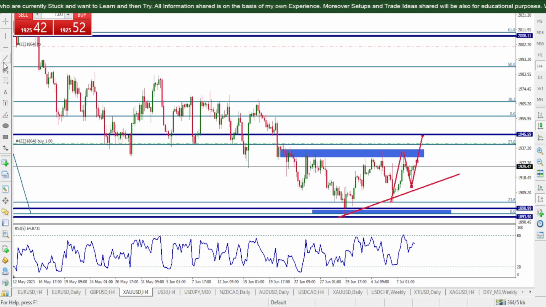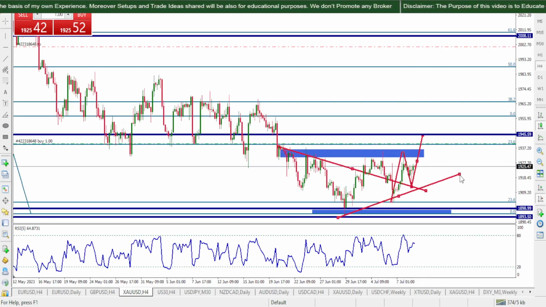Here if you remember, there was a nice pattern we had right here, even a triangle pattern you can call it, which we have got a break of structure right here. From right here the new story began, and we finally have got a break of this one, and this was the retest of the triangle.